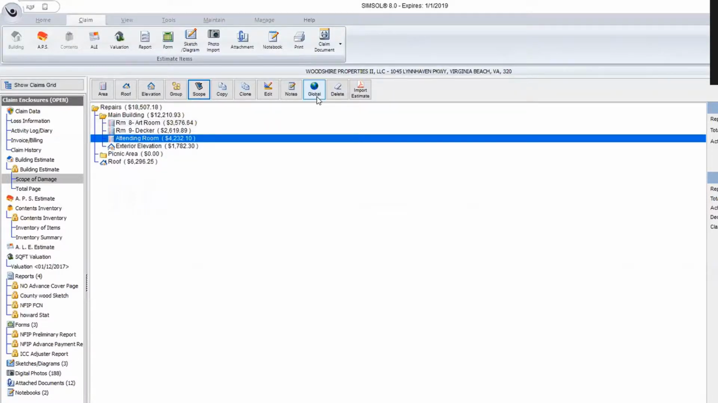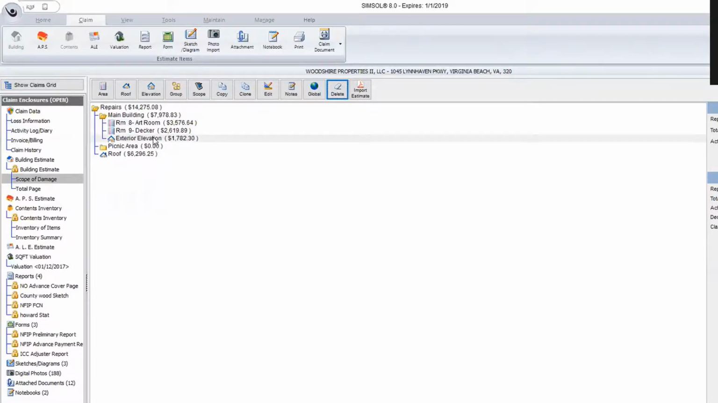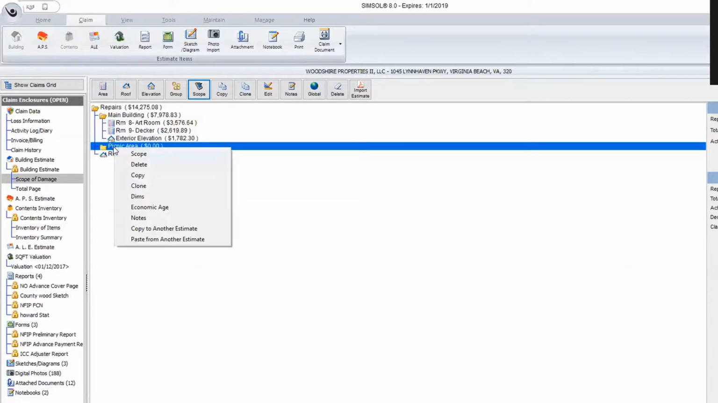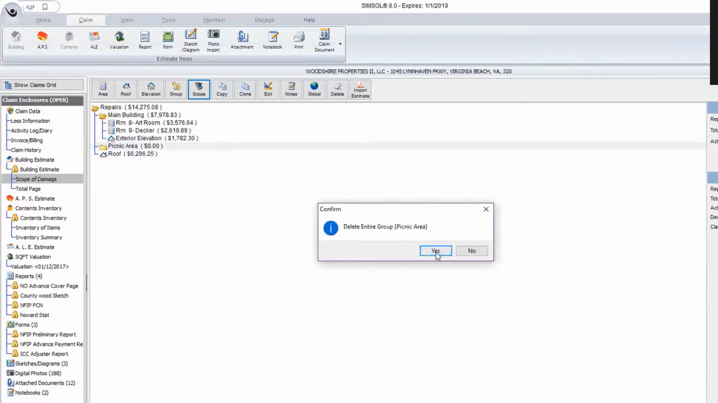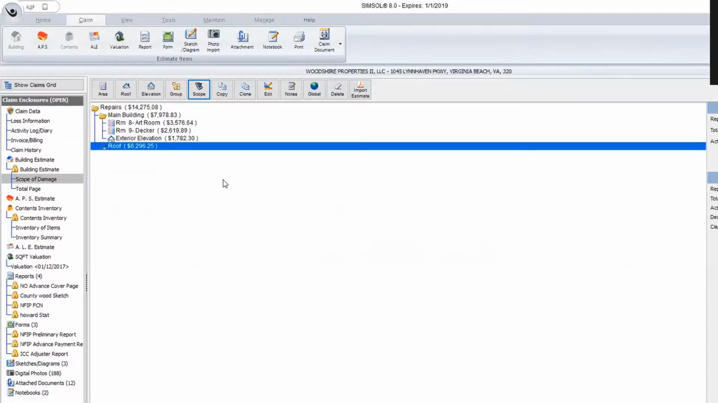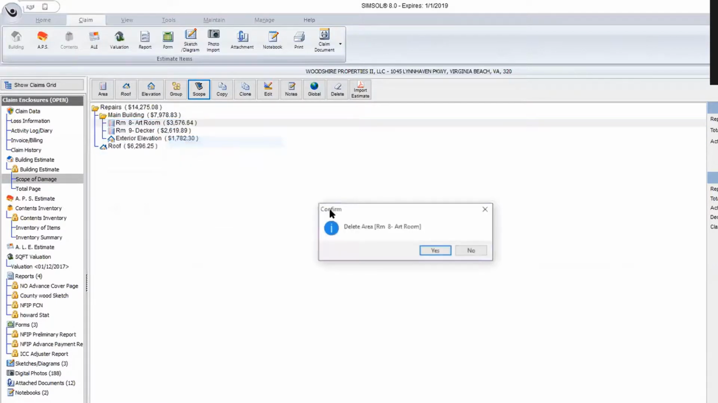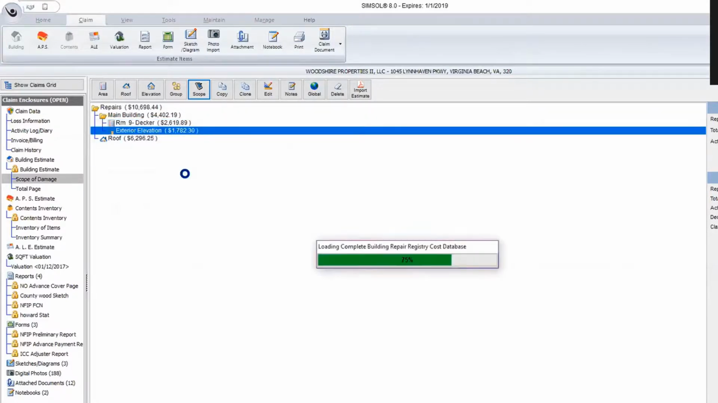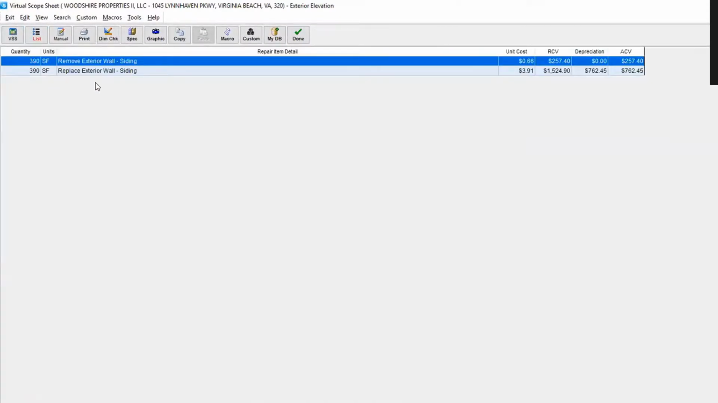Okay, so for example, I'm just deleting the areas that do not apply. Okay, so I had an exterior elevation in here, and I can do a roof and just do this. All right, so for example here, I've got just one entry here. Like for example, if I come up into the exterior elevation, okay, so now that I have these items,